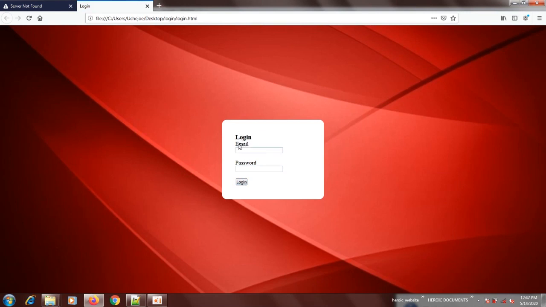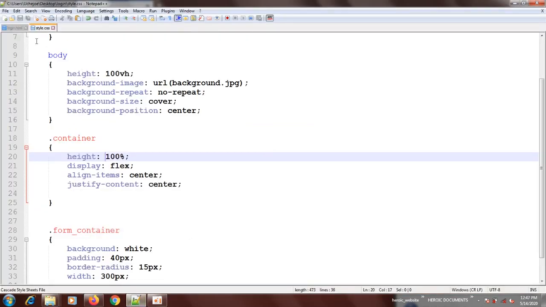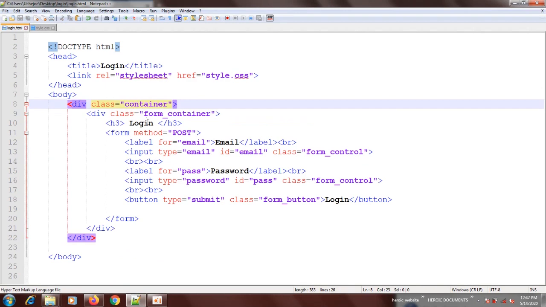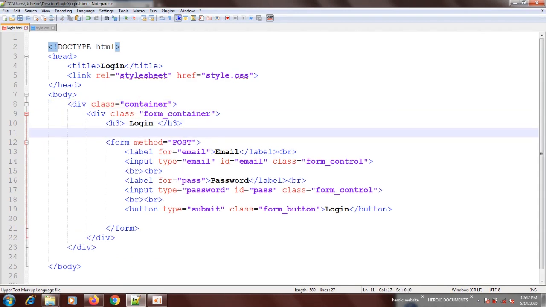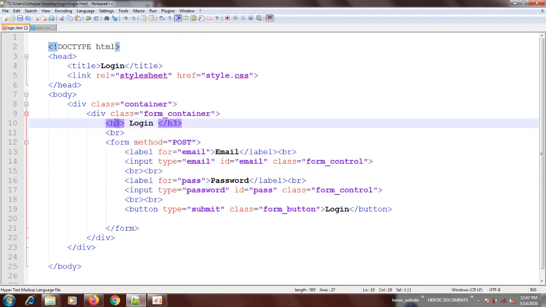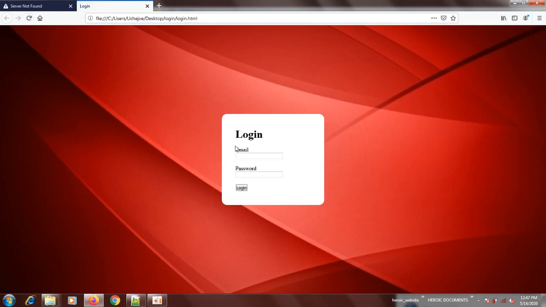There isn't a good space between login and the email, so we are going to separate it. So I'm going to go back to login. From here now put break, maybe to break it. Then maybe I will just come here and give it H1. It's going to be big, but let it be. That's okay. Okay, that's beautiful. You see, our login is coming up.